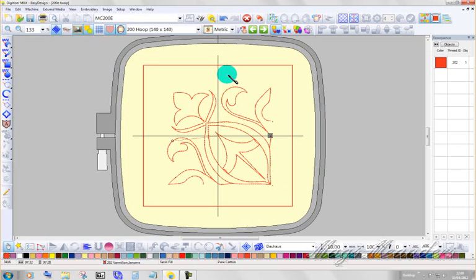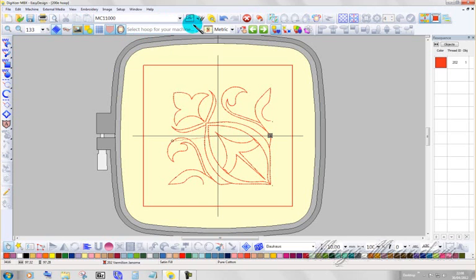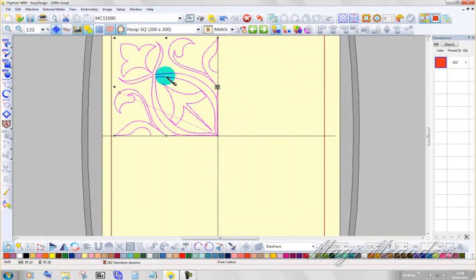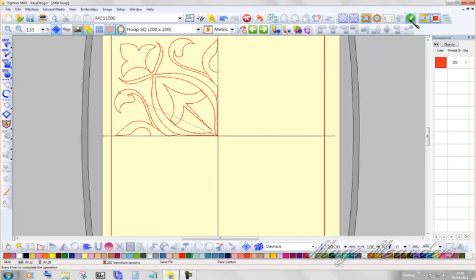So the first thing I'm going to do is change my machine. It's only temporarily, and I'm going to select a different hoop. Then I'm going to move this, and I'm going to pop it in the top left hand quadrant. The reason I put it there is because this likes to move things around the center point. So I click that, and there's our design. So I click OK,